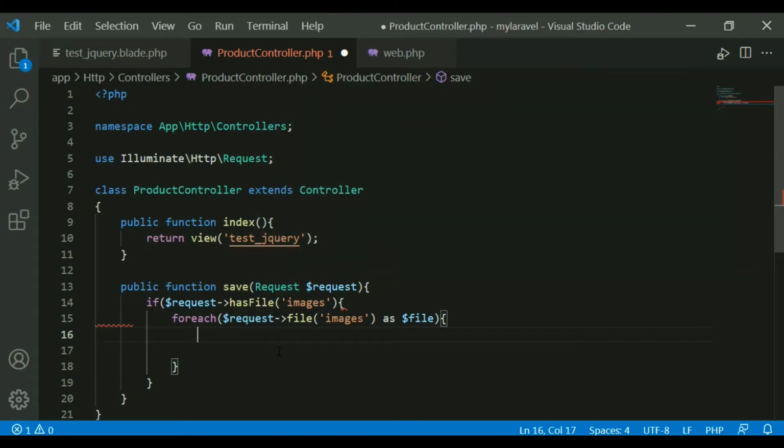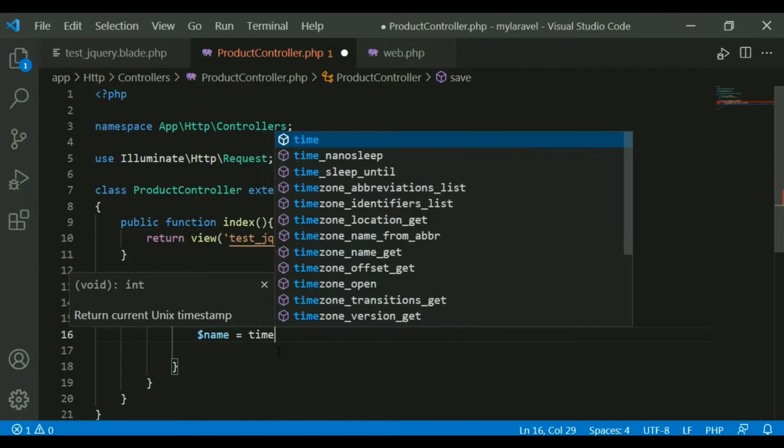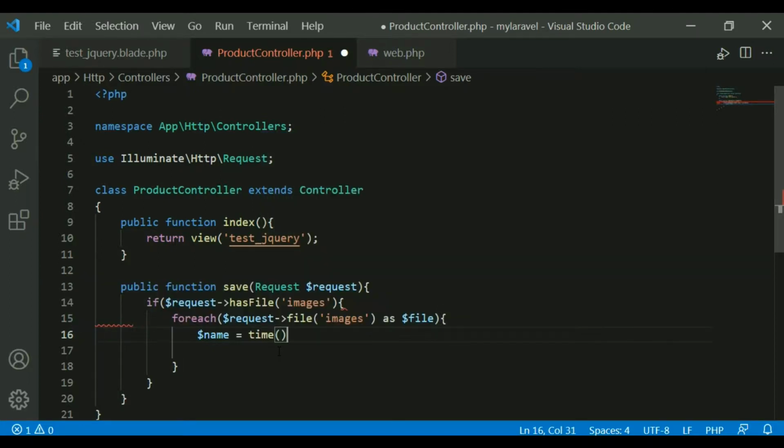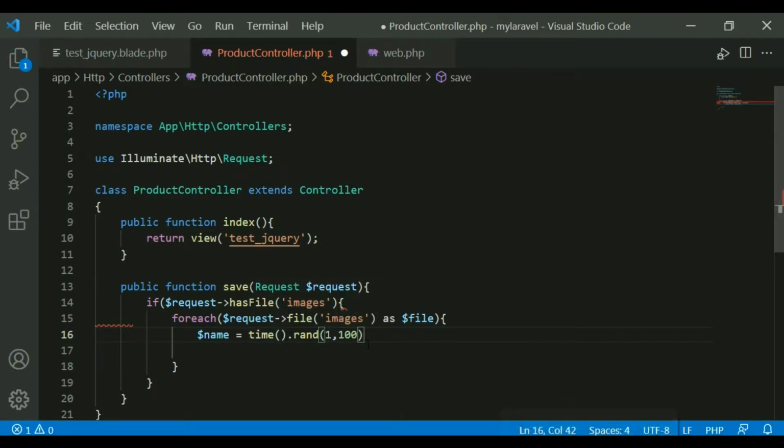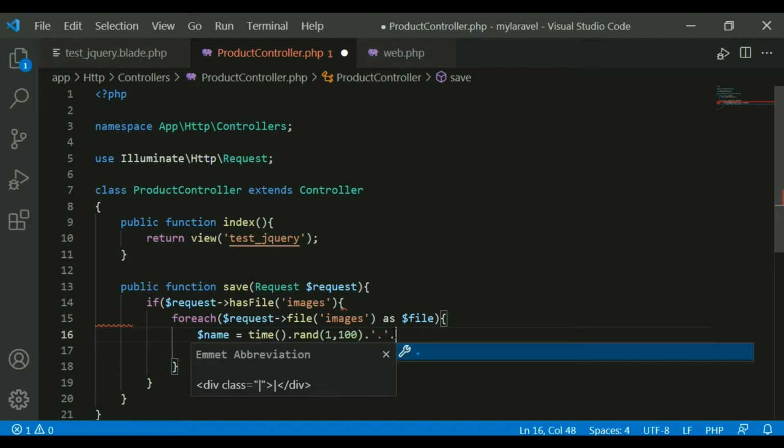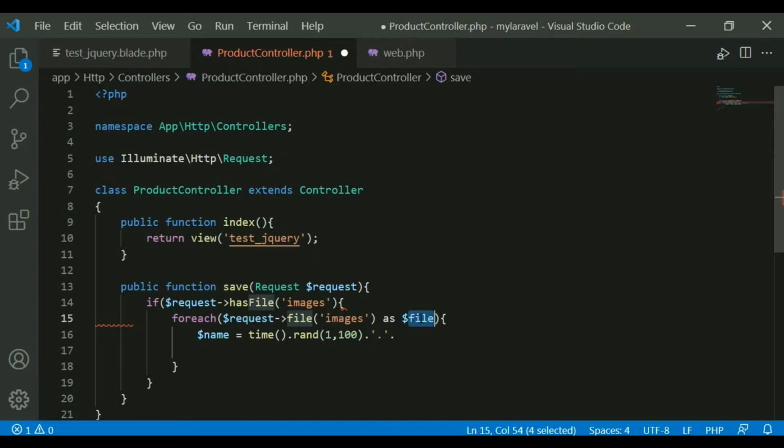You can put any logic, but I am just using a simple logic to create a unique name. This has nothing to do with Laravel. This is a simple PHP function: current day, current time with some random number from 1 to, and the extension of the file. Whatever file I am uploading, what is the extension of the file?